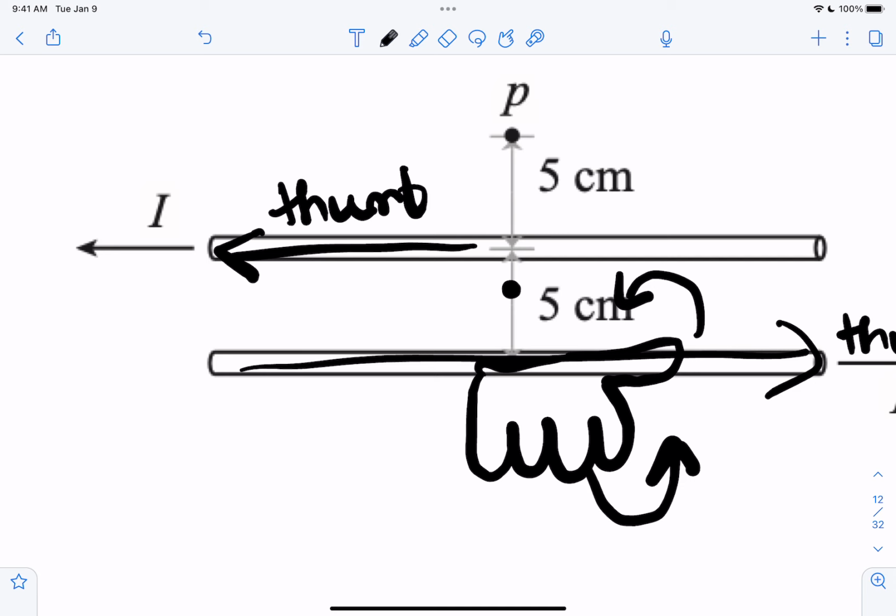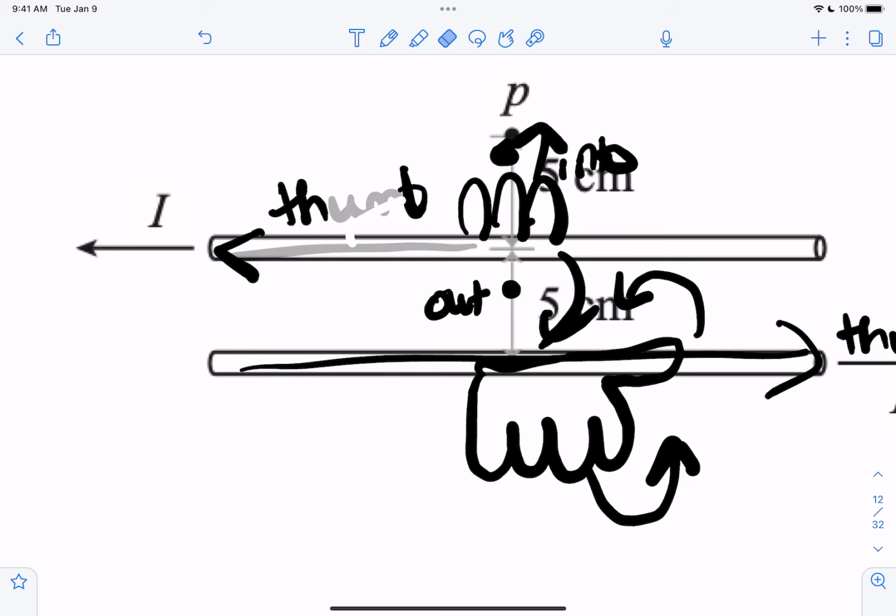Out. Excellent. Out of the page here at the bottom, and obviously it's going to be what at the top? So top of the wire here, top of this top wire. Into or out of the page? Into, right? So your thumb, your fingers wrapped around into the page, and they come out at the bottom there,